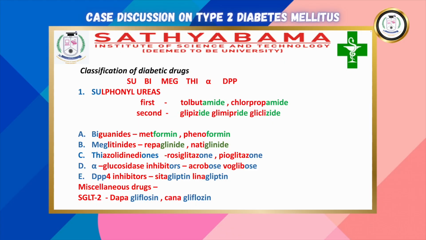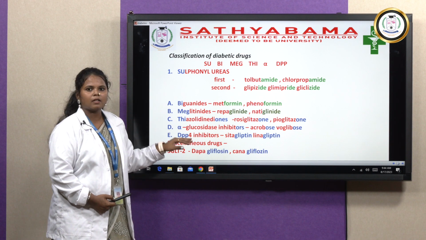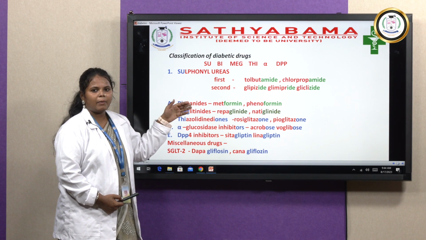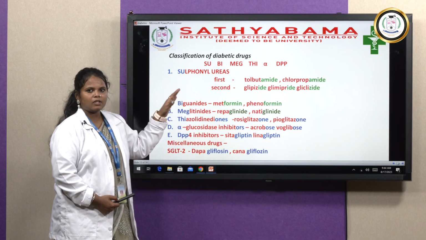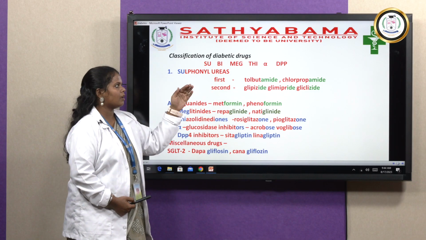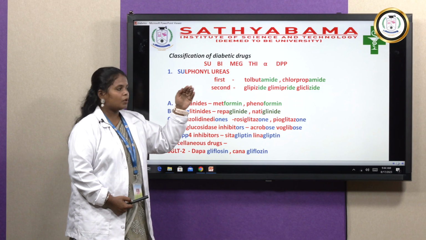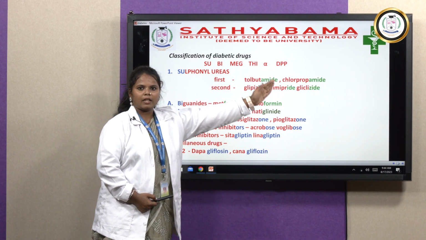And coming to the next topic. All the medical people, those studying pharmacotherapeutics and pharmacology, should know these things. It is like a mnemonic where you can remember all the diabetic drugs, that is oral hypoglycemic drugs, in the easiest way. This is the way I follow with my students. So what you can see is the first line, Subi make the alpha DPP. How can you remember? Subi is a girl, she should make the alpha DPP. So Subi make the alpha DPP.